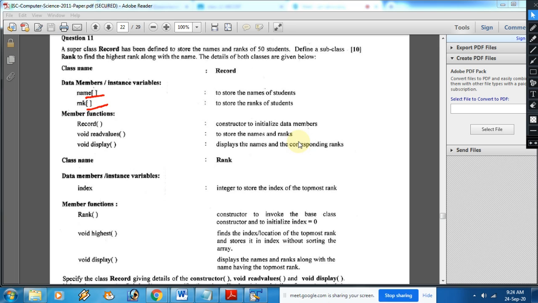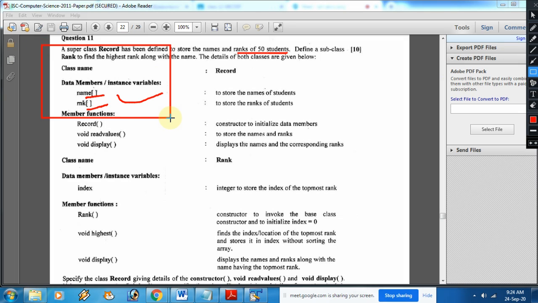Go through the question. Sorry, this is a different question. You have to use this square bracket. We are supposed to enter marks of 50. So name of 50 and rank of 50 you have to assign. Is that clear?